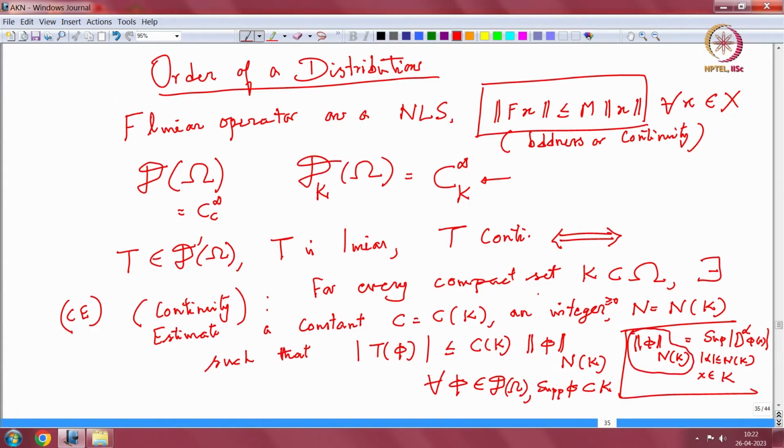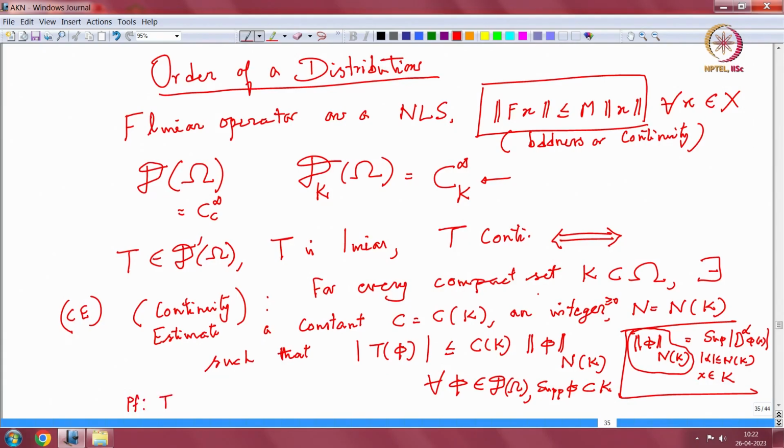So, for a given compact set, that means for a given phi, T phi can be estimated with finitely many derivatives, and this norm is finite in K because the support is in K. But as the compact set changes, the n may change, and it is possible that n may go to infinity. Of course, if phi is in D(omega), the compact set can be different and different. So, the proof of this is basically: